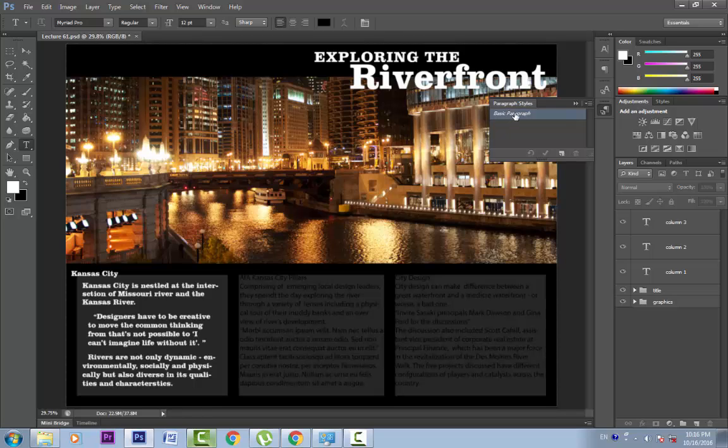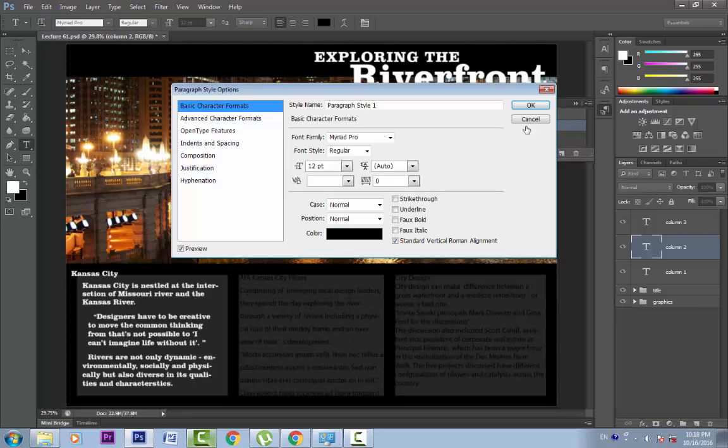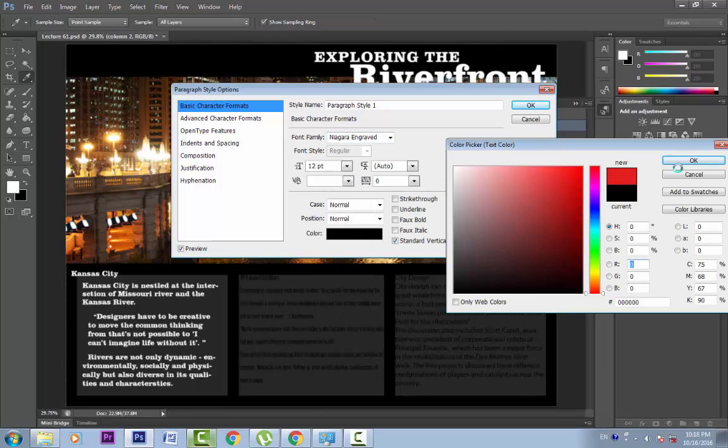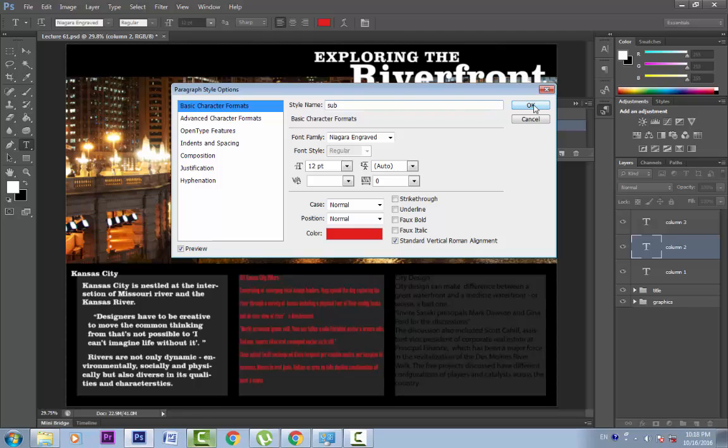We can make some changes to this default paragraph style. Let's see how to create a paragraph style. If we click on this button, it creates a new paragraph style here, but we didn't have any text selected. We just had this column 2 selected, but that's the basic paragraph style. So anytime we create a new paragraph style and we don't have any text selected, it will basically create a copy of basic paragraph style. We can now double click on this and make the changes.